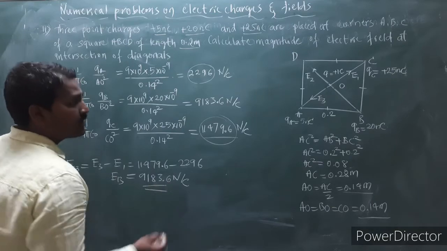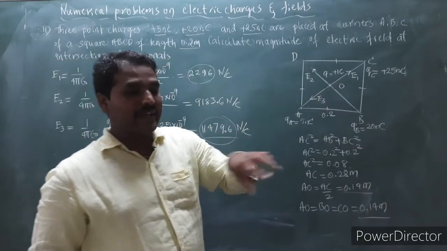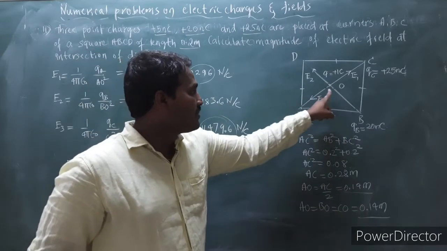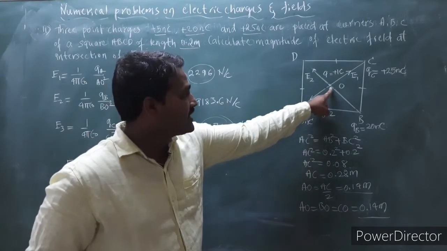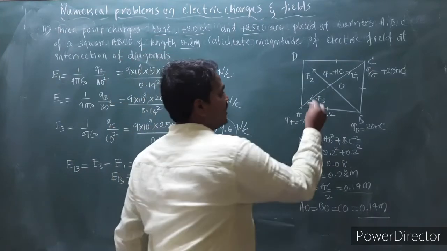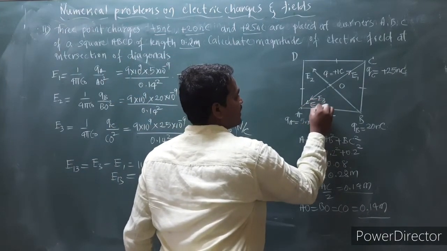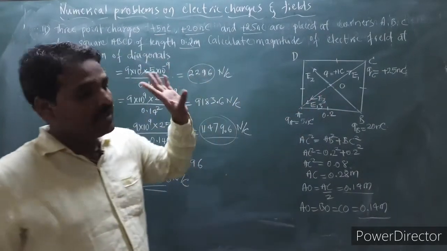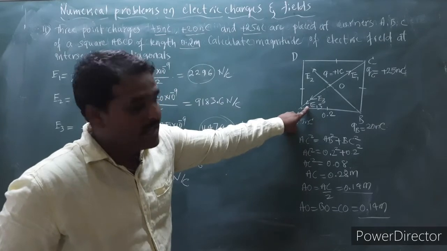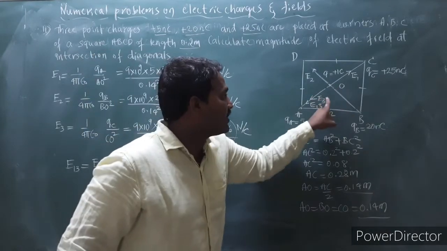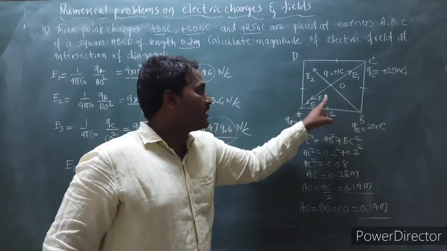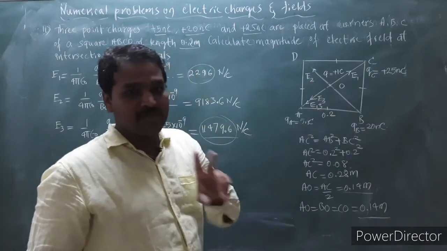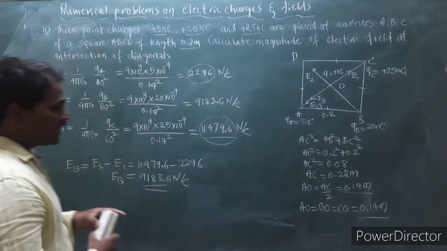So what I have done, I have reduced these two vectors to one vector, which I write as E13, and that will be acting in the same direction as E3 because E3 is the larger one. So E13 will also be acting in the same direction here. E13 is acting along O to A. When I write E13, I have to neglect E1 and E3. I should not consider E1 and E3 here. So now I have converted the system of 3 vectors into a system of only 2 vectors.